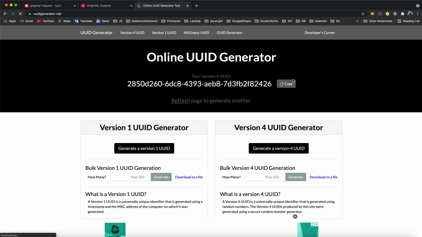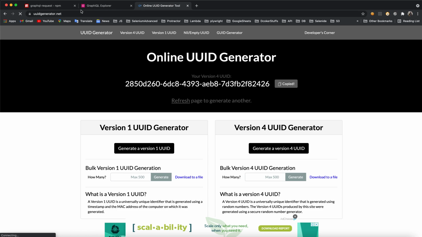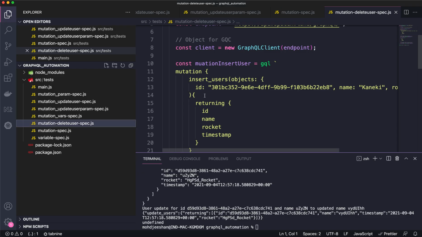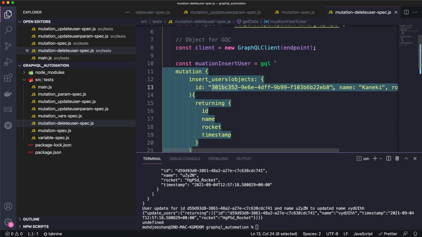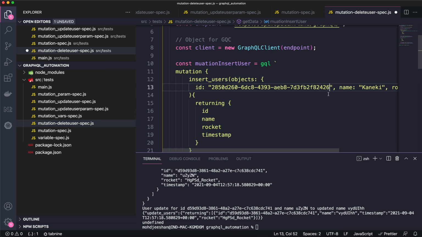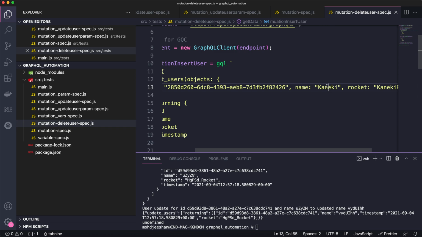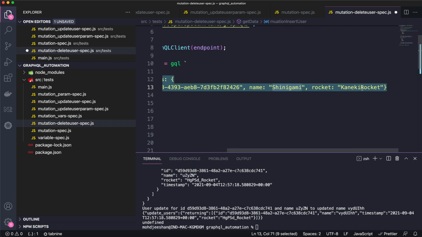So once it is generated, I will switch back to my Visual Studio Code. I will replace the ID with the appropriate ID, and the name should be like Shinigami. So I will say Shinigami Rocket.